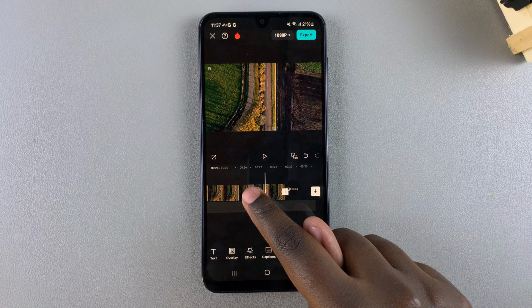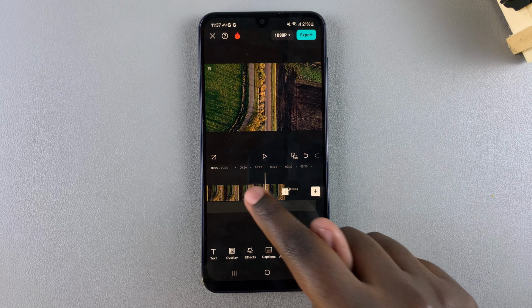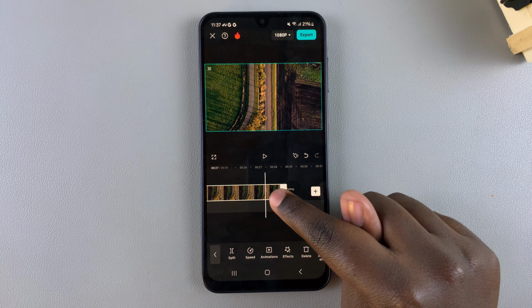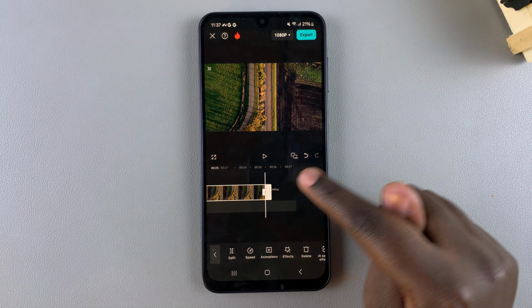So for example, I can just press on the handle and then drag my video. And as I drag, you can see the length of the video shortening. So if I let go of the screen, like that, now my video is that exact length. That means I've shortened it without actually deleting any parts. So if you want to undo that, you can do that very easily by just tapping on this back button. So it's up to you to decide which option you prefer to use when it comes to